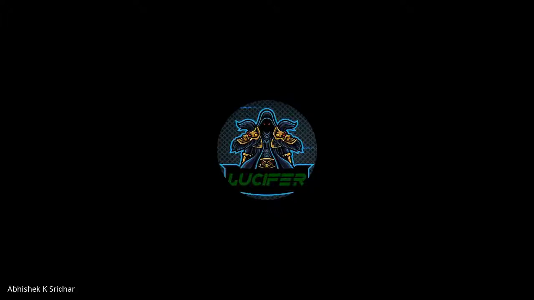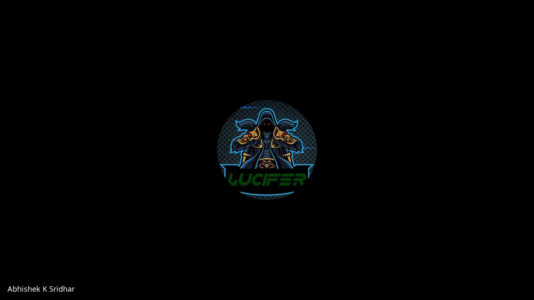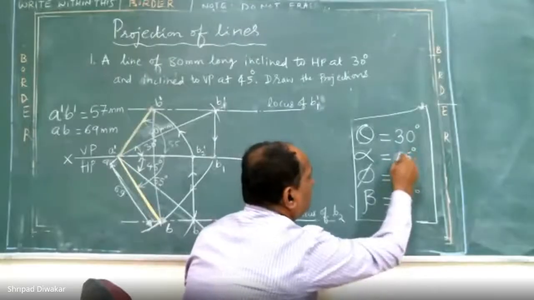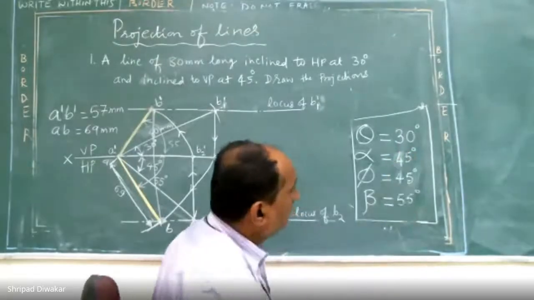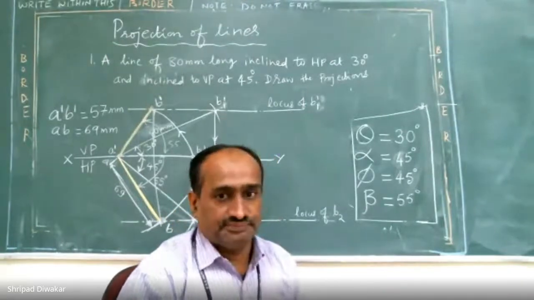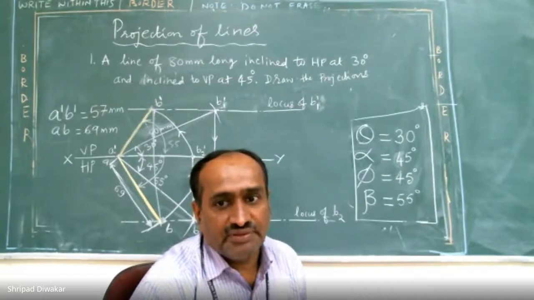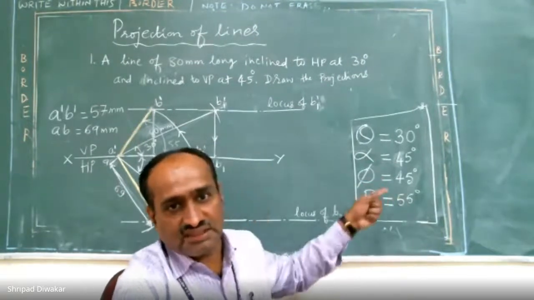So alpha value is 45 degrees, sir. Even I got 45 for alpha. Alpha is 45. You wrote 55, I guess. Sorry, this is 45. Whatever value you got, you write. Alpha is 45. Phi is also 45, right? Yes, beta is correct. These are the correct answers. Just check it out.